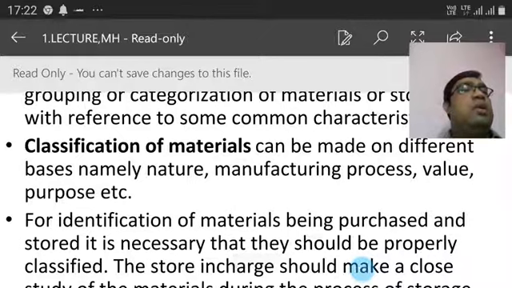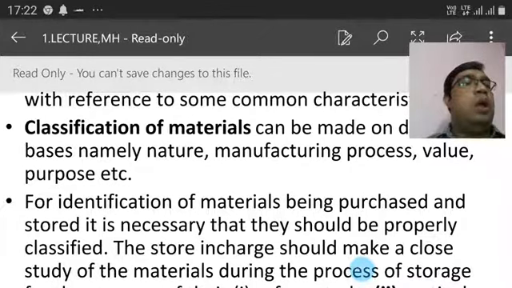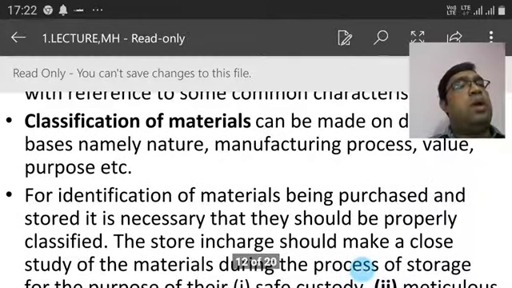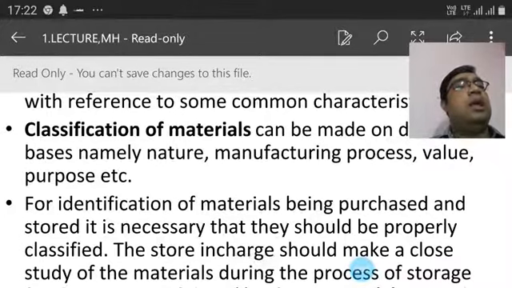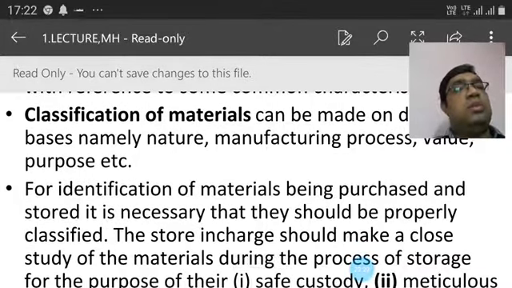You can see the manufacturing process depends on the different manufacturing processes, and you have to classify our materials. And the value: sometimes we can consider less valuable materials, which you transfer one way, and high value materials you transfer another way. This will also be maintained properly according to your value and purpose. And sometimes we can see the least cost, but the purpose will be very high. Then you have to transfer according to the classification of this purpose.